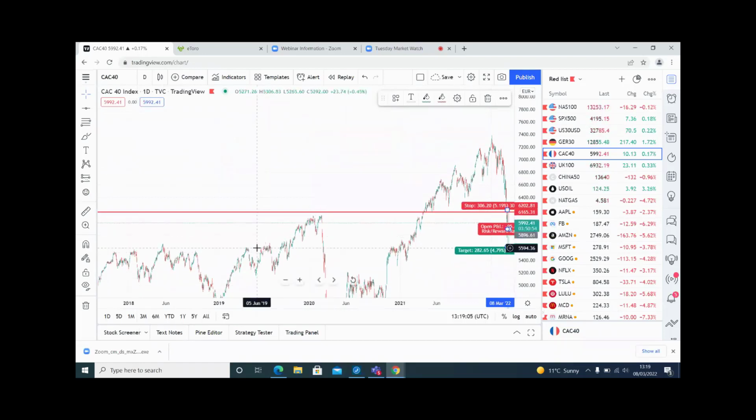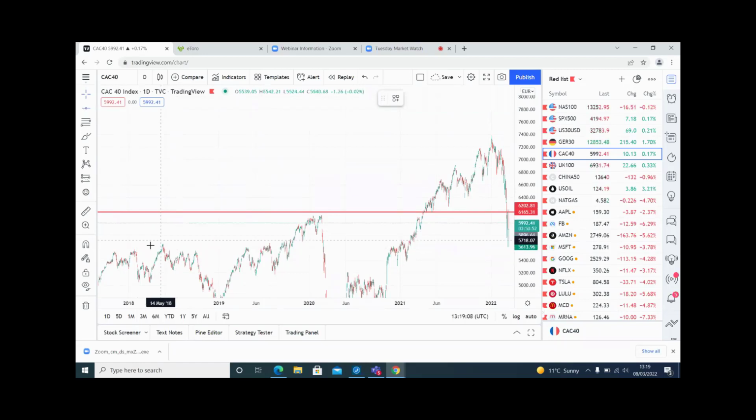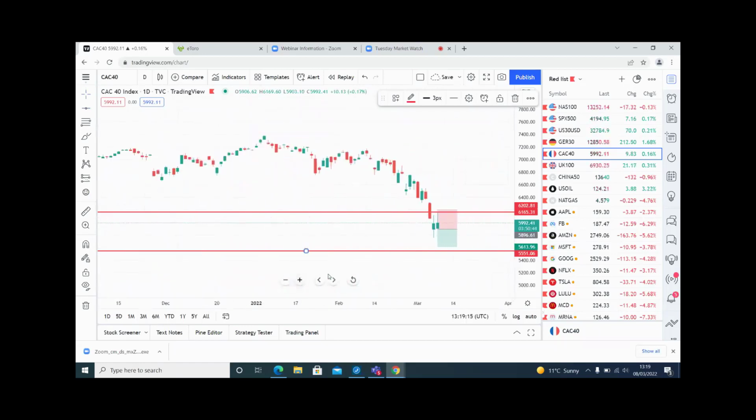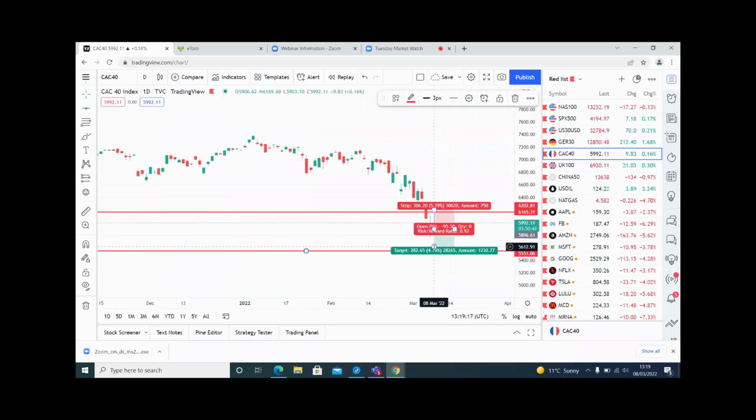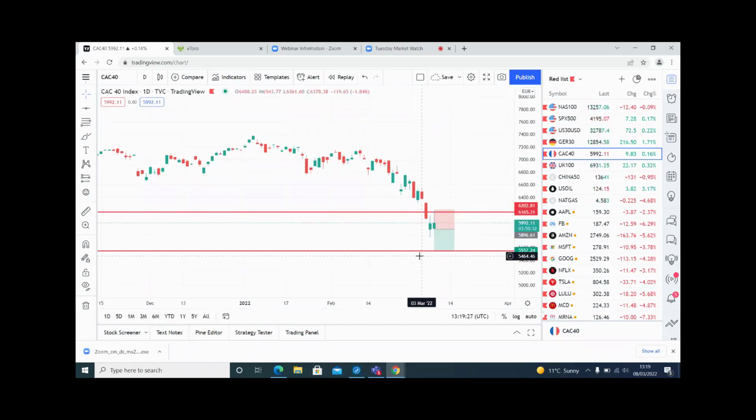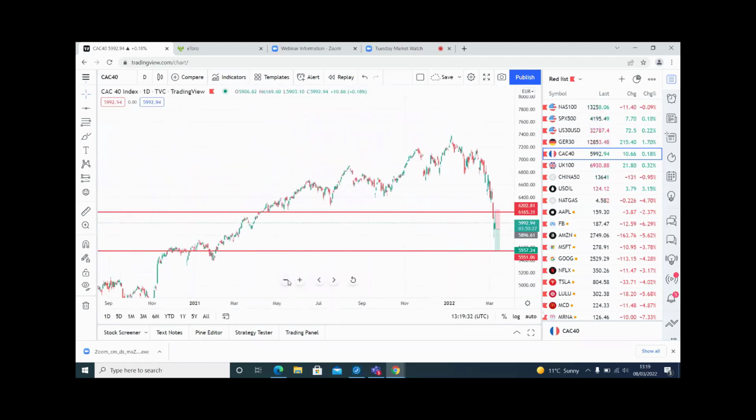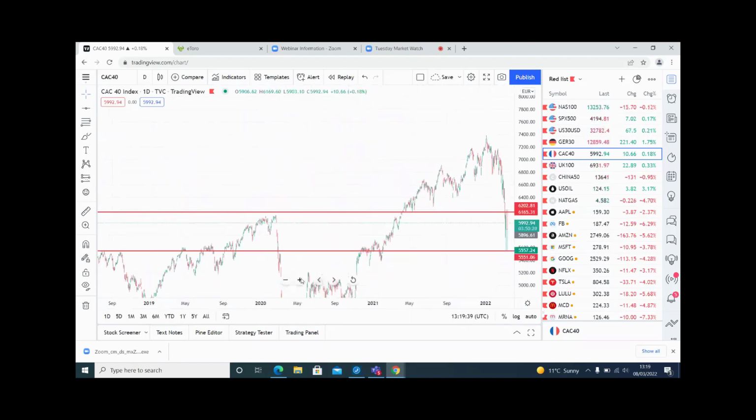Well, there's a big, huge level there, isn't there? So there's where we'd expect some sort of rejection if that pops down to there. So that'll be risking 5%, 5.2 to actually make 5.7. But the question is that if that is a short there on the smaller time frame, do we expect the market to stop there? Or do we expect the market to continue dropping?